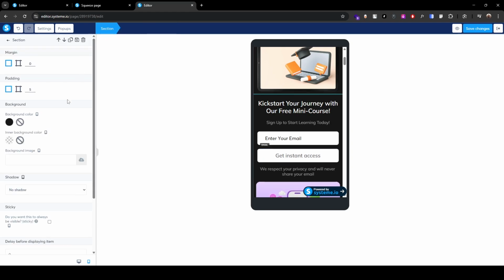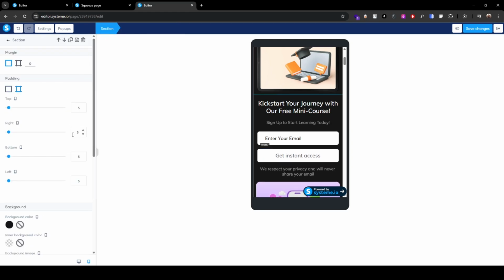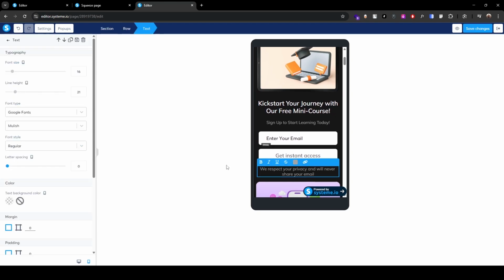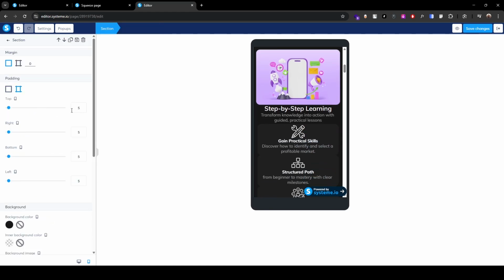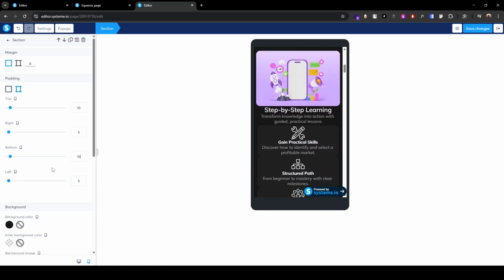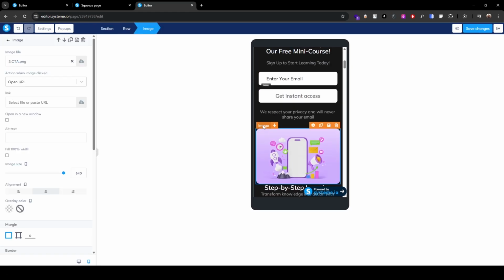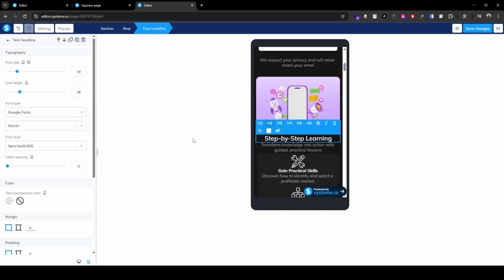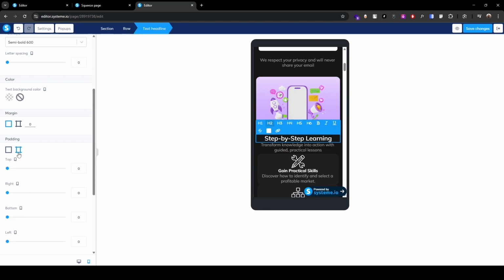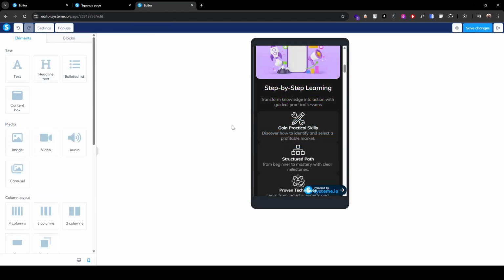Now select the section and add some padding, same on here. Add some margin on the bottom 10, select it, click the padding, top 10, bottom 10,